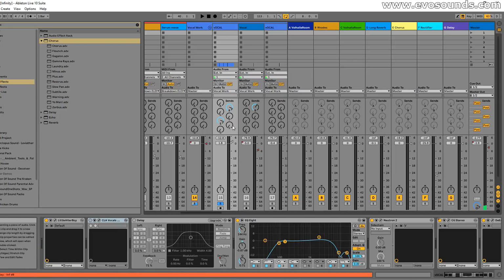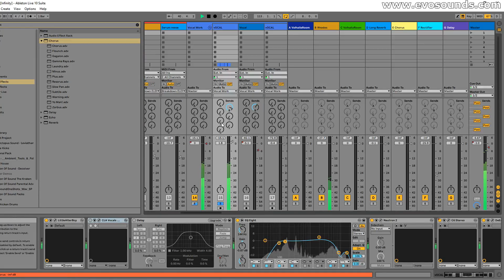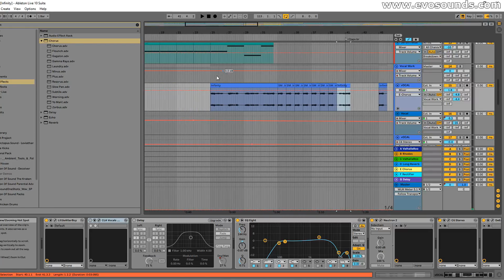Now, if I get rid of that chorus there, just so you can see what it sounds like with it. So you can use that to add a bit of width as well as that nice little chorus effect to it. That way, once we hear it now from the beginning,